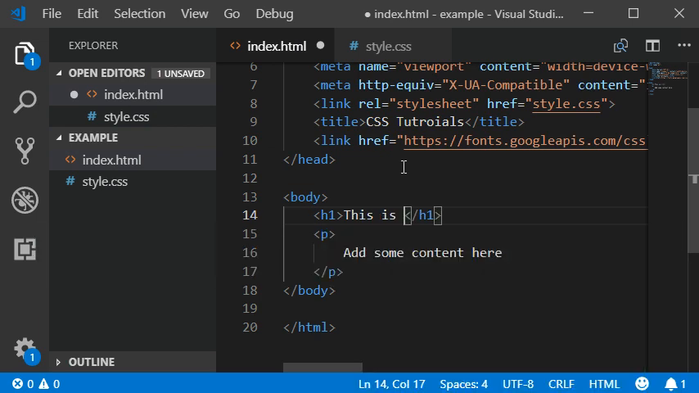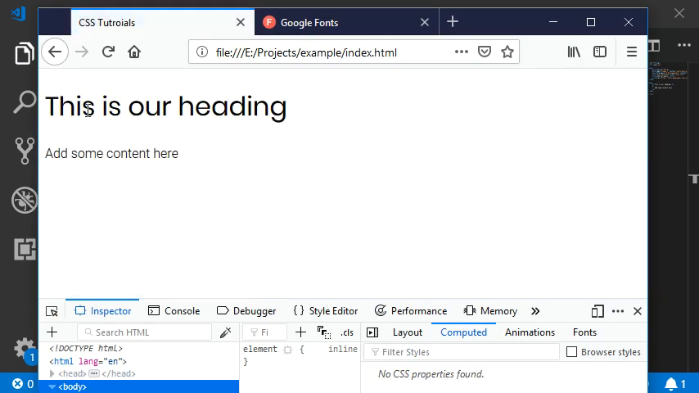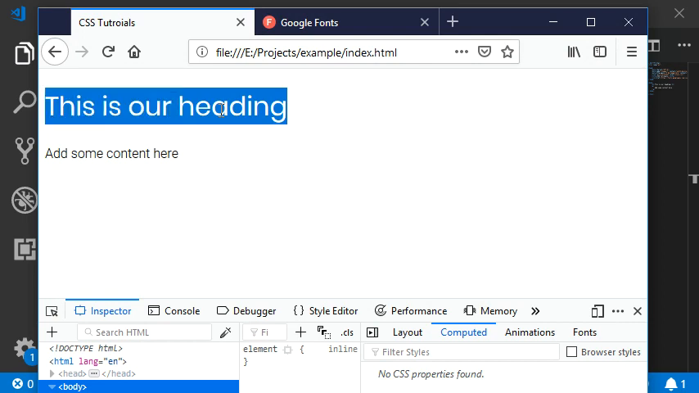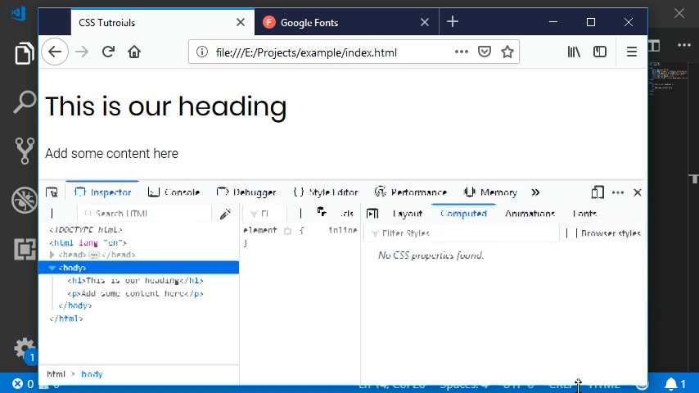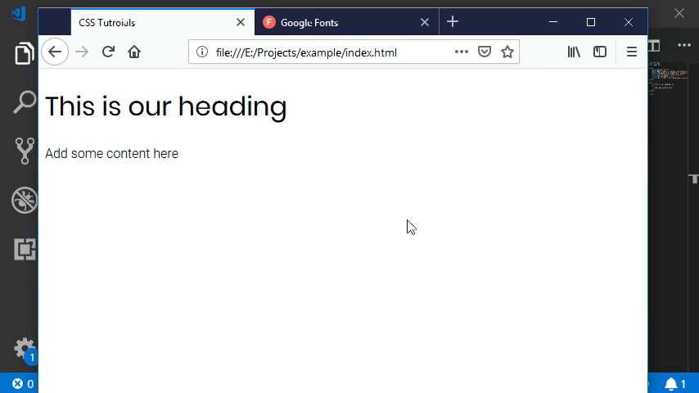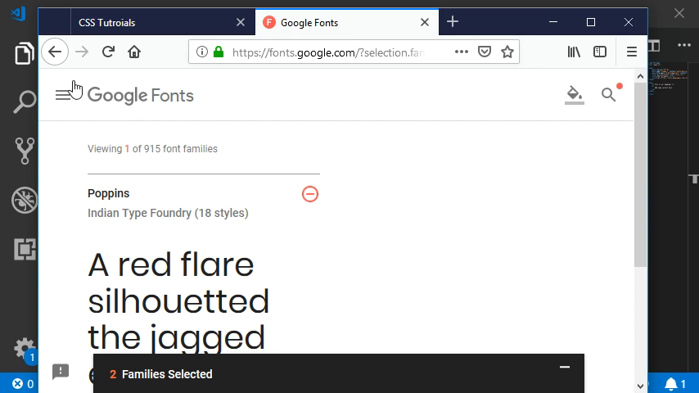This is our heading. The heading should use the Poppins font and the paragraph is using the Roboto font. So here you can add multiple fonts like Roboto or Open Sans. There are many types of fonts you can add from here. For example,